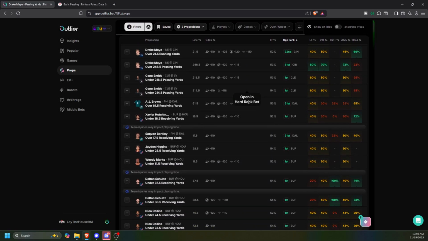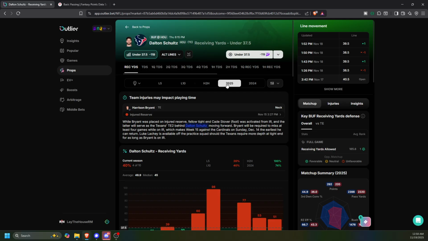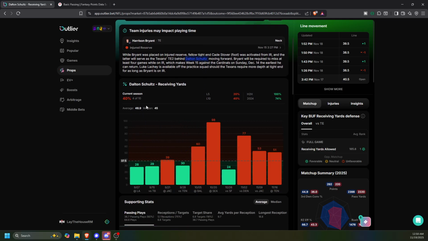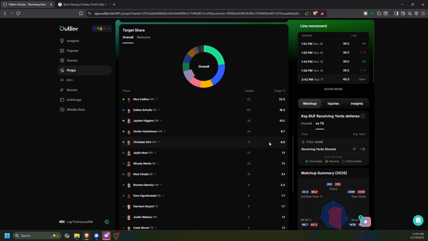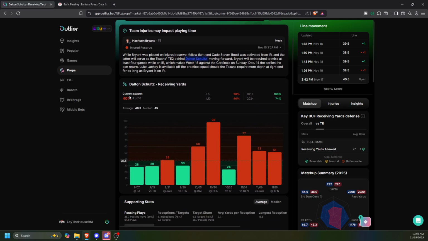Tight ends are a little bit different than wide receivers because there's generally only one tight end. So I'll look at this Dalton Schultz under number. He's only gone under 4 out of 10 games. And the Bills, they're only allowing 27 receiving yards to tight ends this season. So this is an interesting spot where you have a guy who, I might ignore the trend and go by